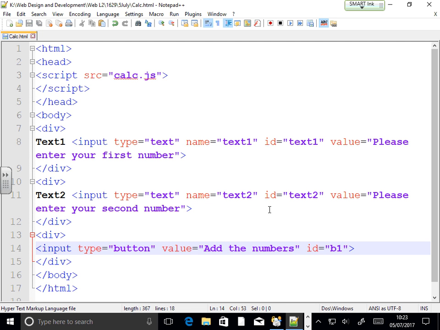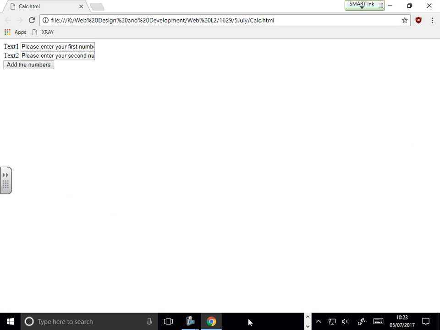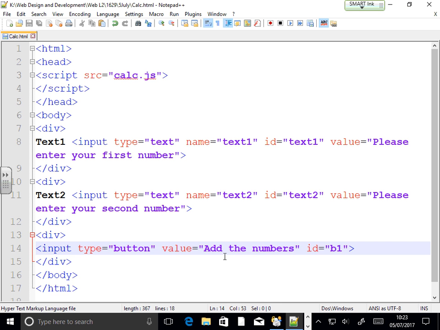Yeah. Is that okay? Sorry. This value is what is on the top of the button. That's the value of that button. This is what I've written down in value. So whatever is on top of the button, that's the value. Yeah. ID is just there, right?